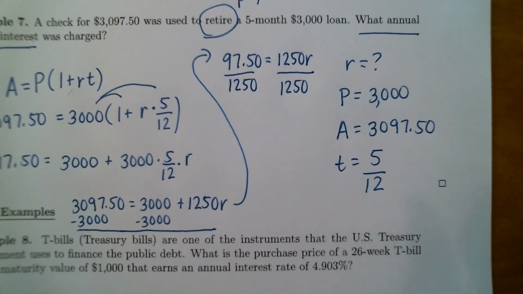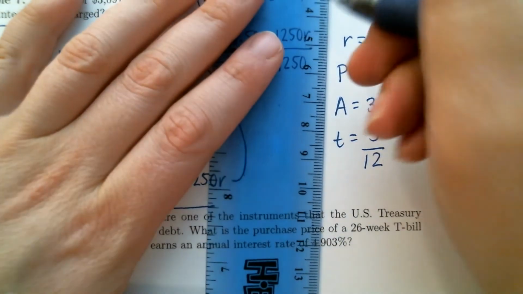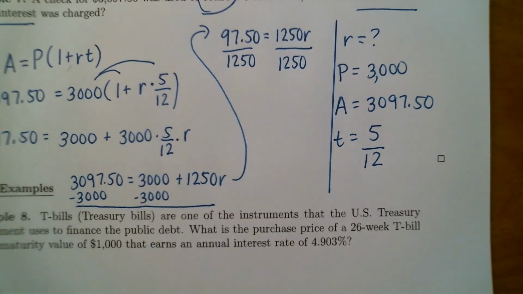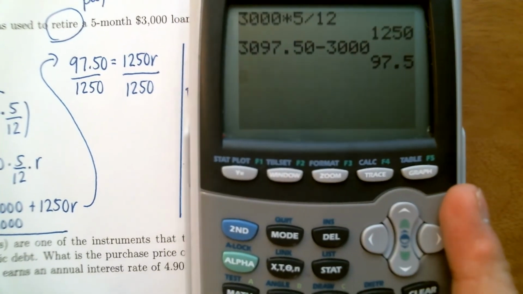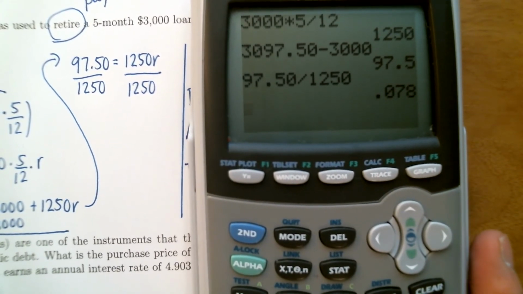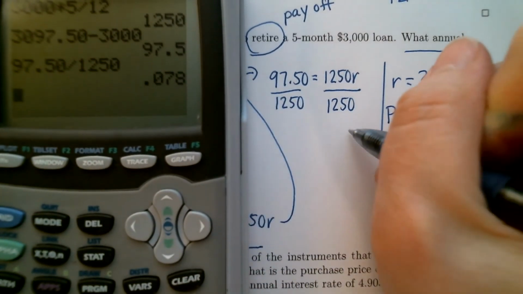Let me put a little partition here so that we don't run into these variables. I'm going to go to my calculator. Put this in. So we're going to get 97.50 divided by 1,250, and that is going to give us the R value. So let me write this down. Our R value is